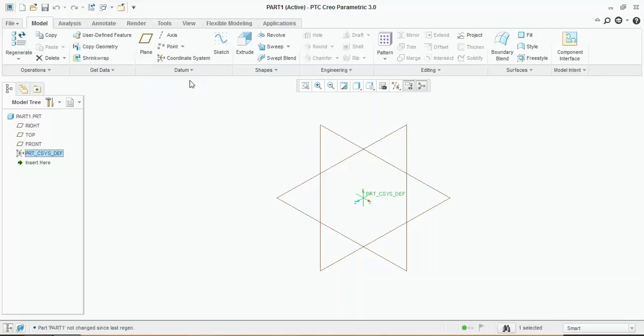Now this is your datum section in which you will be able to create a new plane, axis, keep points and coordinate systems, and this is your sketch. Sketch is always created on a flat surface. These are the different shapes which will help you draw the things you want to draw. These are the engineering features, the secondary functions. Whenever you use a primary function, only after that can you use these secondary functions, so they will be highlighted once you sketch any basic function. These are the editing tools, and this is for surface modeling.